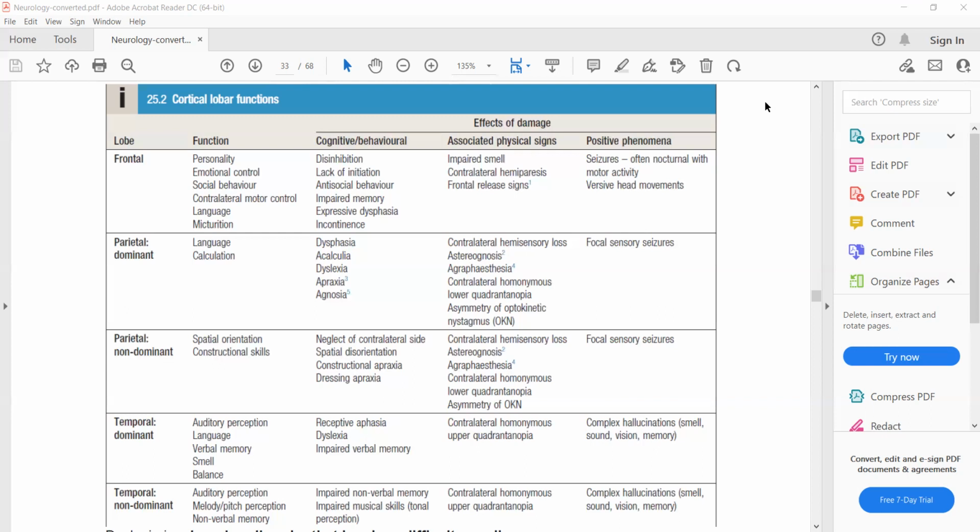If you ask the patient to close his eyes and ask him to identify any object just by touch, then he